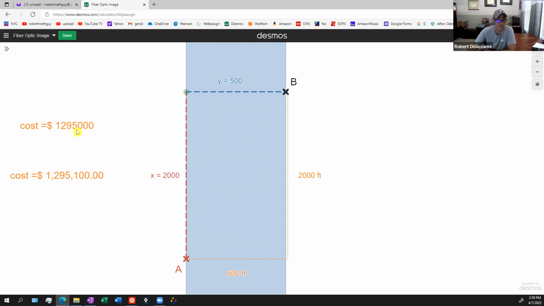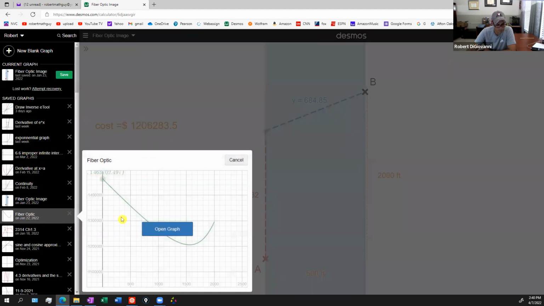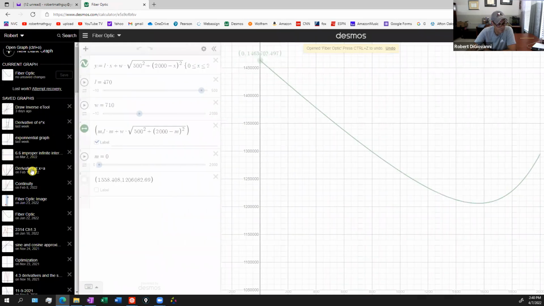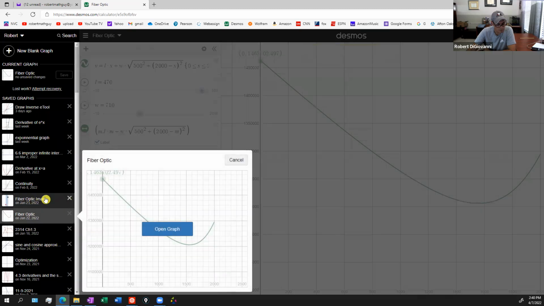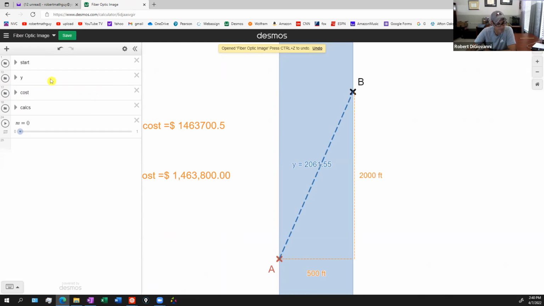That's cheaper, isn't it? That's cheaper, but it's not the cheapest. The cheapest is to let X be 1,500 something. I forgot what it was. 1,558. So if I let X be 1,558,